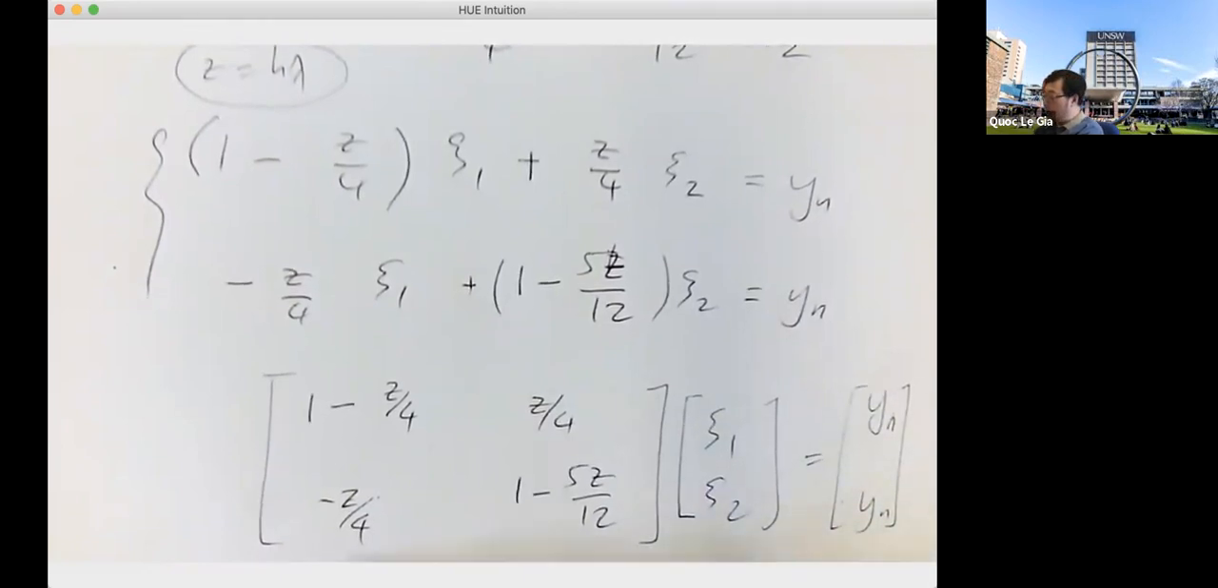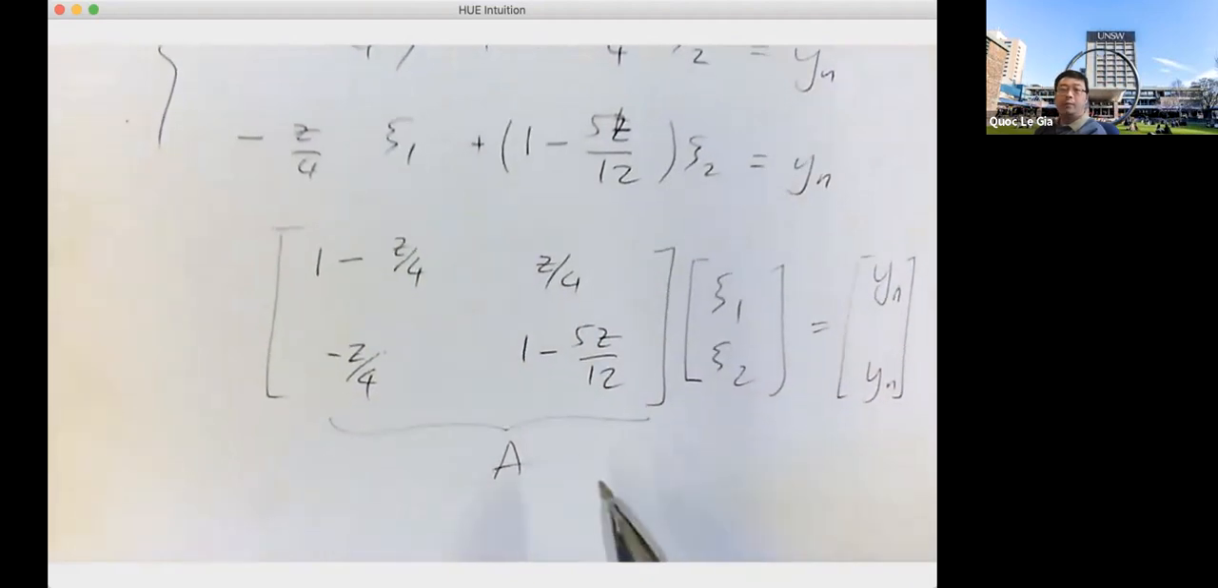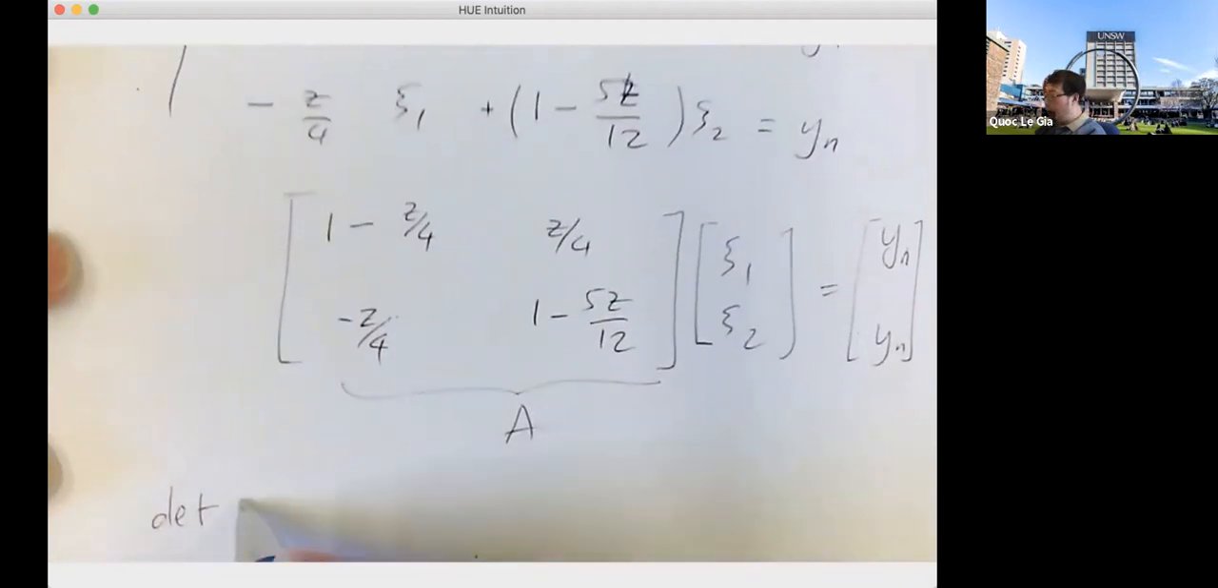Okay, so this one I call it a matrix A. Then you just have xi1, xi2, just A inverse of yn. Yeah. So now suppose I try to compute the A inverse. So first step is I try to compute the determinant. So determinant of A will be